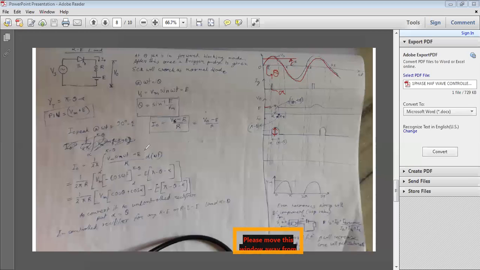Vm sin omega t, instead of Vs we will get Vm sin omega t minus E by R